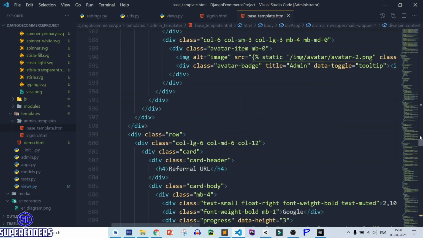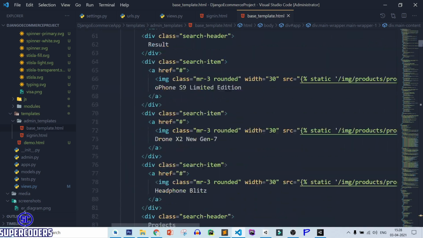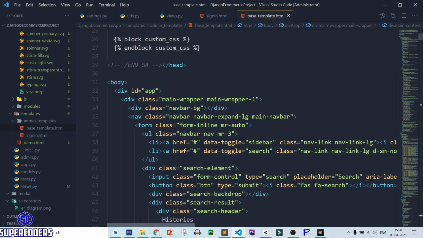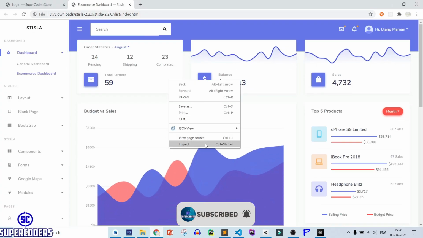So come to top. So here I am breaking everything which you use in template. So first is, let's see from Chrome, refresh page, inspect.